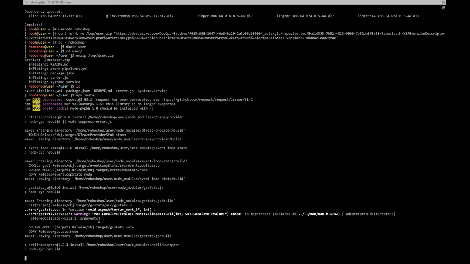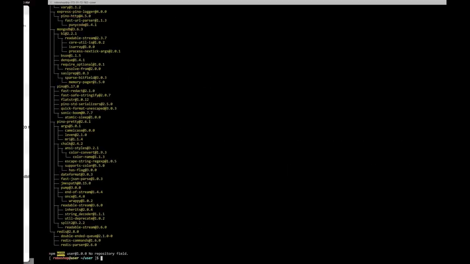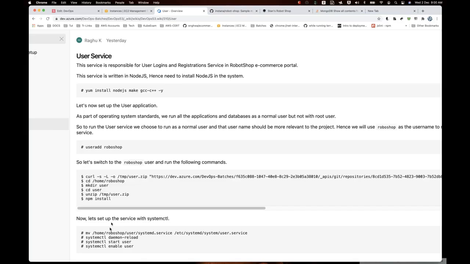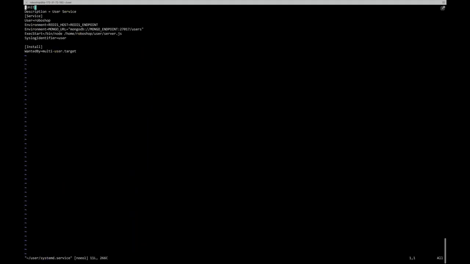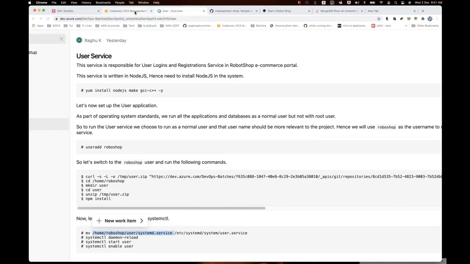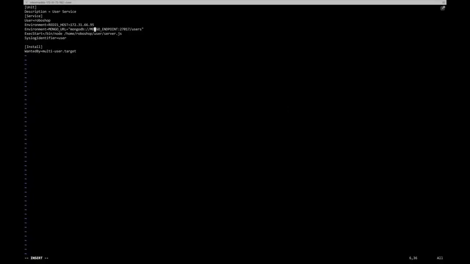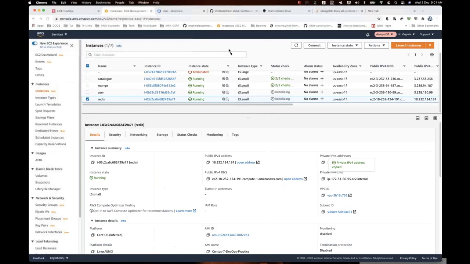It's also a Node.js service. It's just trying to download all the dependencies needed. So we just did that. Now, for this particular service file, what all the things you need to mention? It's a Redis host IP address you have to give, and also MongoDB. So the Redis server IP address is this. Take this, paste it, and Mongo also the same thing. Mongo IP address, take this,